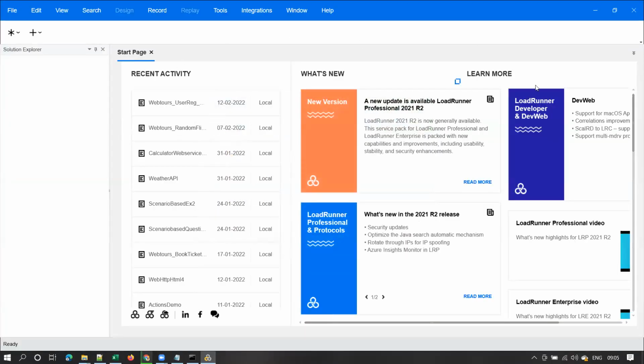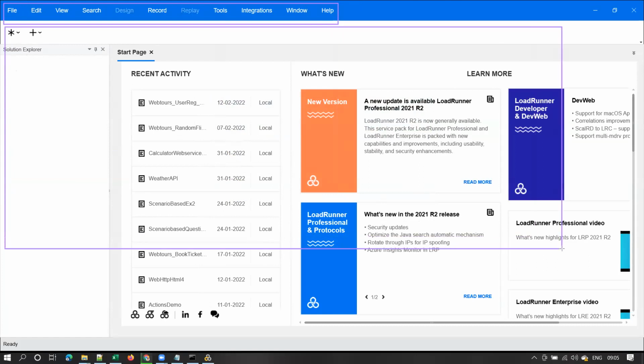Once you launch VUGen, this is how the user interface looks. Observe here, this is called the menu bar. Let me highlight this. When I say menu bar, you have to refer to this part. And here you see some other options.